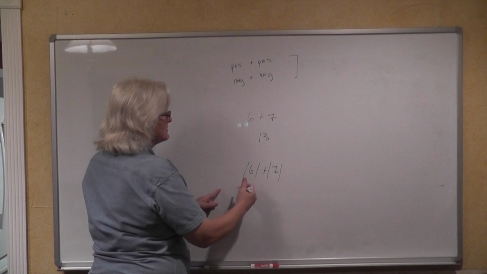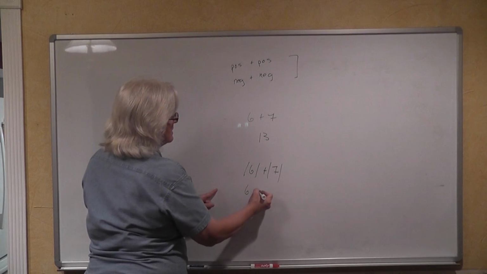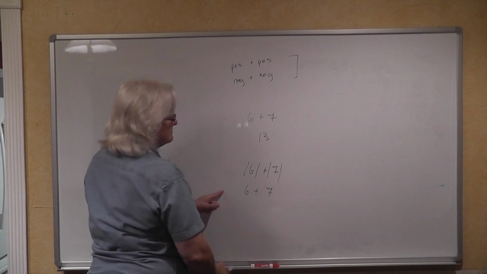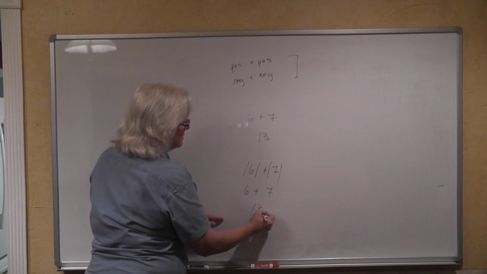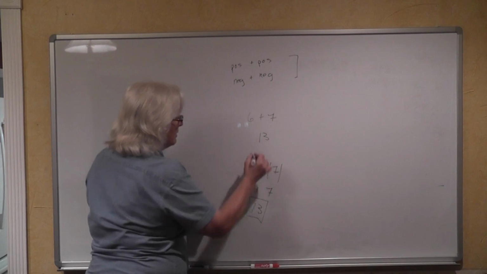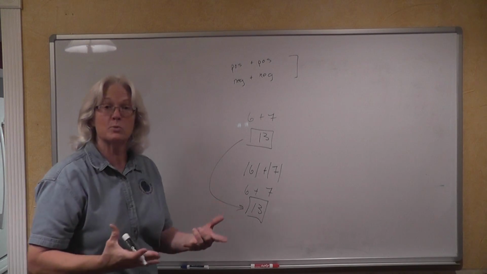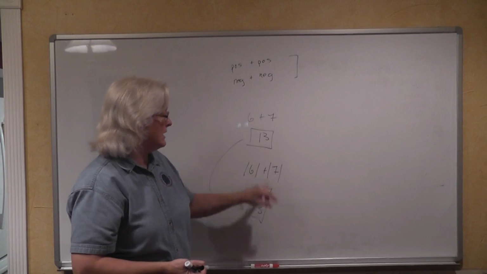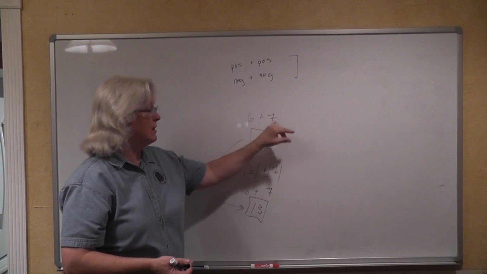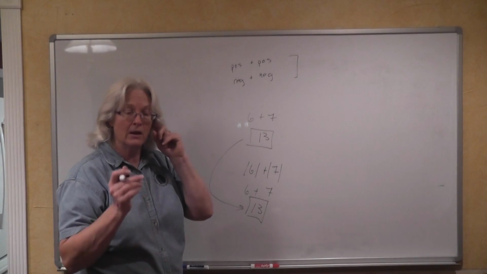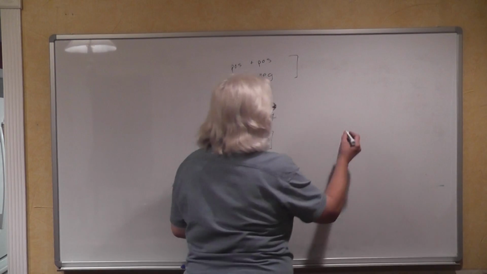What's the absolute value of 6? Well, it's 6. Absolute value of 7 is 7. And you end up with 13 as your answer. But of course, when you're adding positive numbers, you don't need that help because you know how to add positive numbers. However, when you're adding negative numbers,